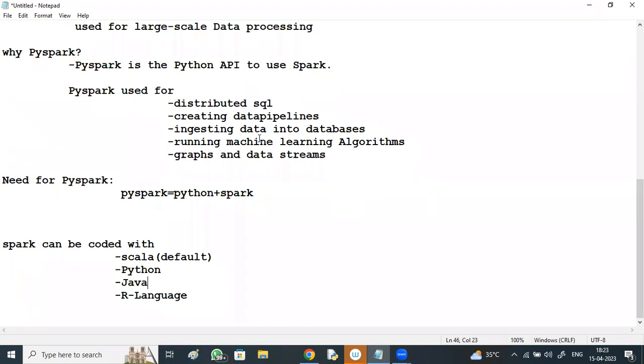Here, if you consider Spark, Spark is still the core engine that is part of the Hadoop ecosystem. I can say Spark is an ecosystem of Hadoop.